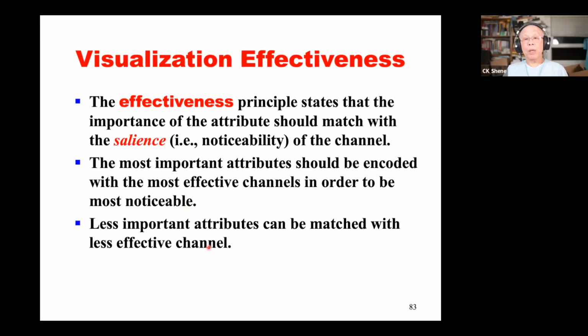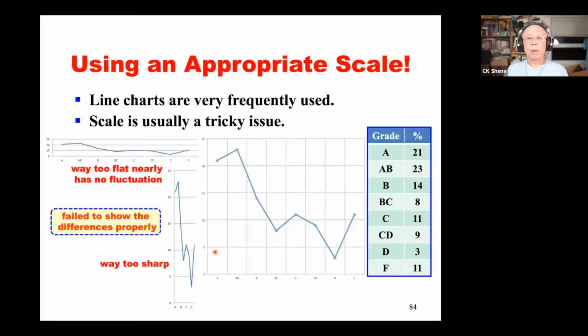Less important attributes can be matched with less effective channels. Then you will ask a question: which channels are more effective than the others? Good question. Before we get into that part, let's say,